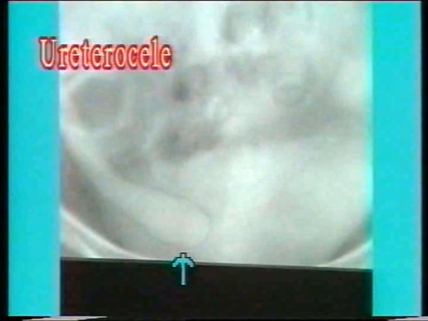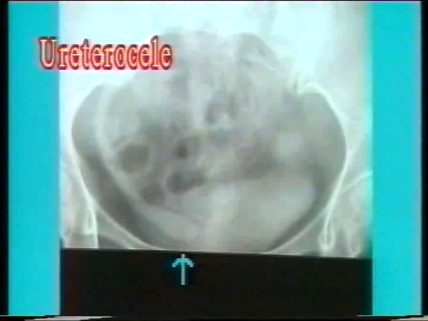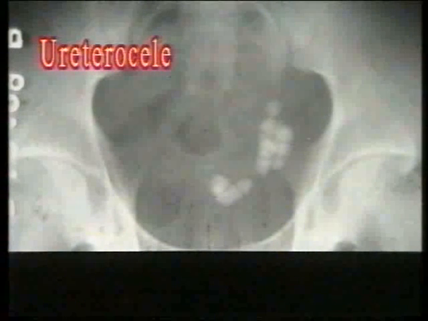This is another X-ray showing a ureterocele. Note the dilated cyst-like lower end of the right ureter with the dye retained in the lower ureter also. It gives the appearance of a snake with a broadened head, termed cobra head appearance. Ureterocele may be asymptomatic but is prone to urinary infections, stone formation and hydronephrosis. Large and abnormal stones at the lower end of the ureters are very suggestive of the presence of a ureterocele.